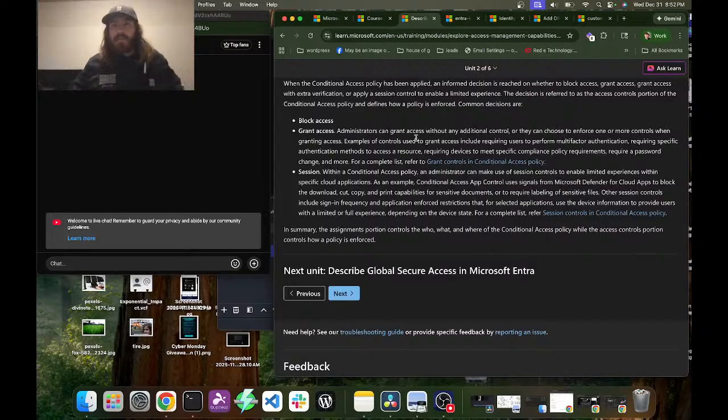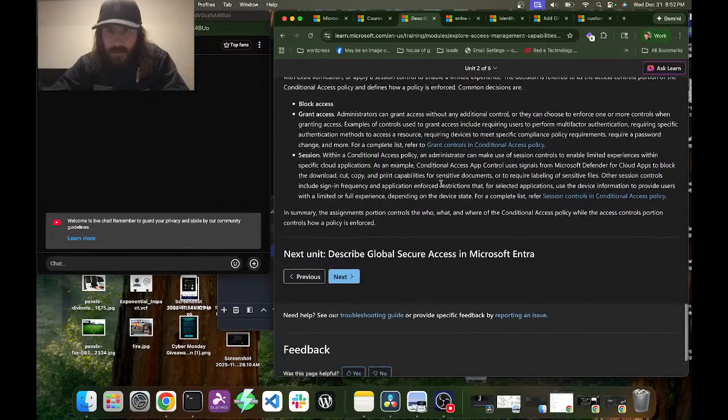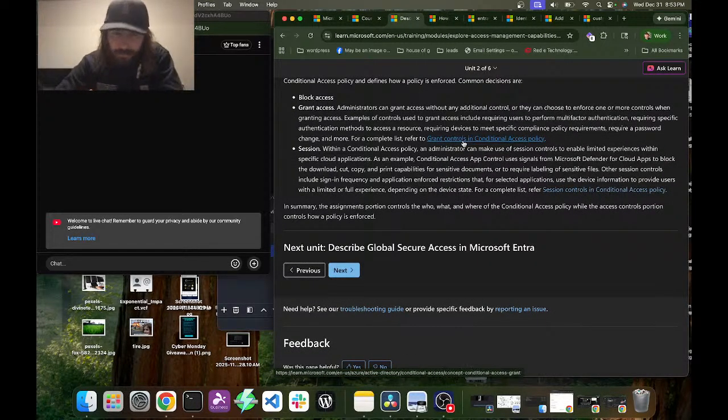Administrators can grant access without any additional control, or they can choose to enforce one or more controls when granting access. Examples of controls used to grant access include requiring users to perform multi-factor authentication, requiring specific authentication methods to access a resource, requiring devices to meet specific compliance policy requirements, requiring a password change, or more. For a complete list, refer to grant controls in conditional access policy.